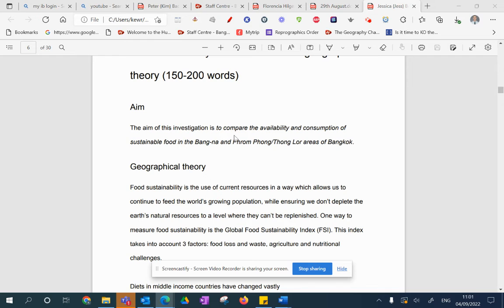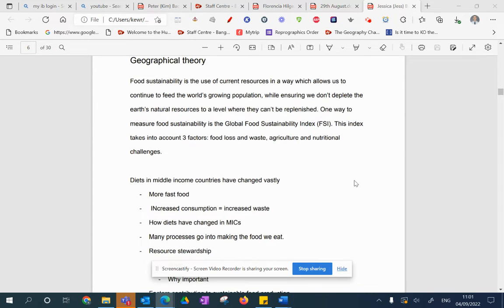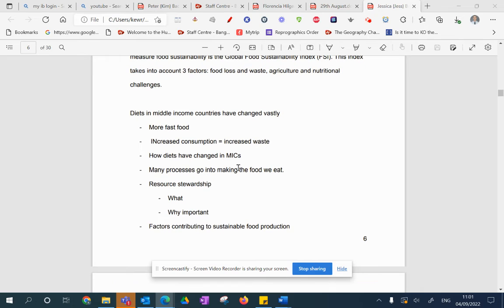So the aim, as I said, needs changing, availability and consumption, just to add some specifics, like I said for the title page. So the Global Food Sustainability Index, good. I wouldn't use bullet points here.